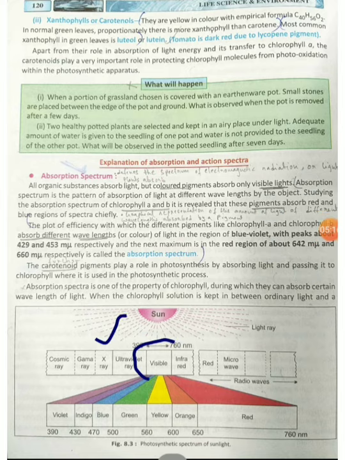But the visible range is the range of light which plants, humans, and animals can utilize. Lights which have a longer wavelength than visible light, or a shorter wavelength than visible light, are not very useful for us. When we talk about photosynthesis, this visible light is very important for photosynthesis. So you should remember